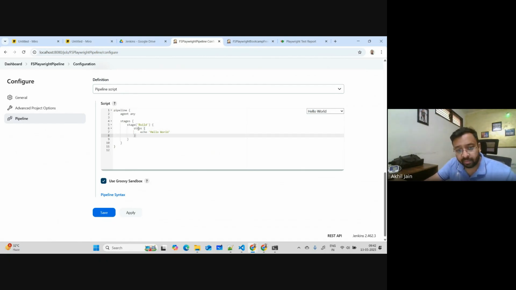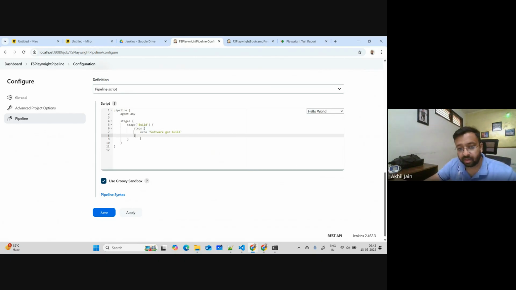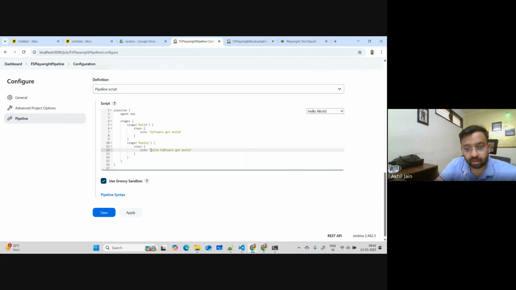So I'm creating steps here, and this is a dummy thing. I'll just say software got build. So this will get printed on the screen. Now I want to create the next stage. I'll copy this up. Next stage, I will call it deploy. Build software got deployed